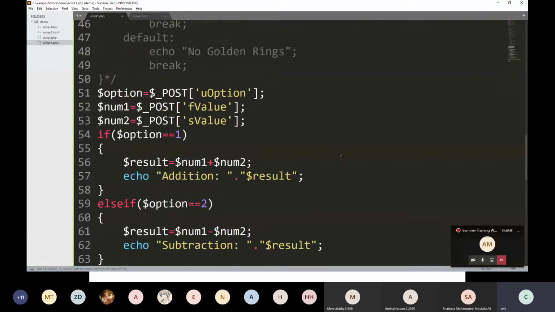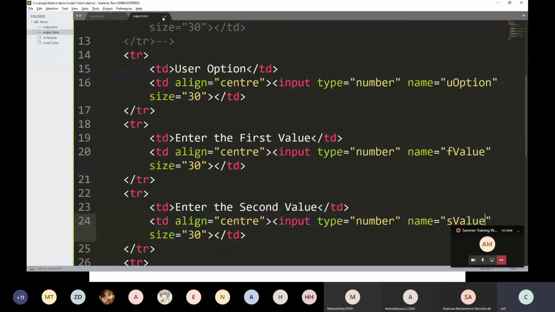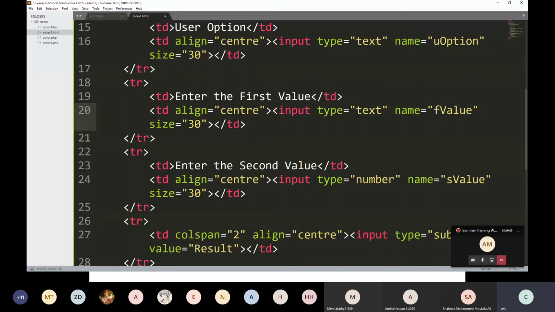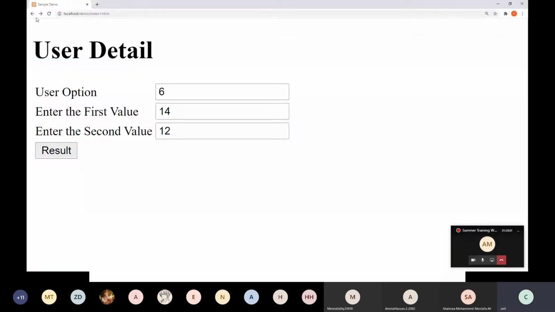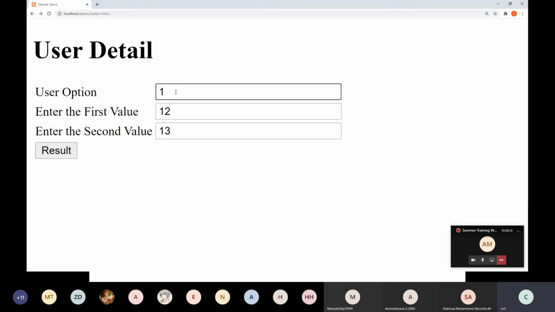Now all of you understand how to use the programming language with HTML. I hope all of you understand. But suppose you write type text instead of type number, and run it. Suppose here I am putting 1, 12, 13. You are getting the output. It means in PHP, no need to convert.